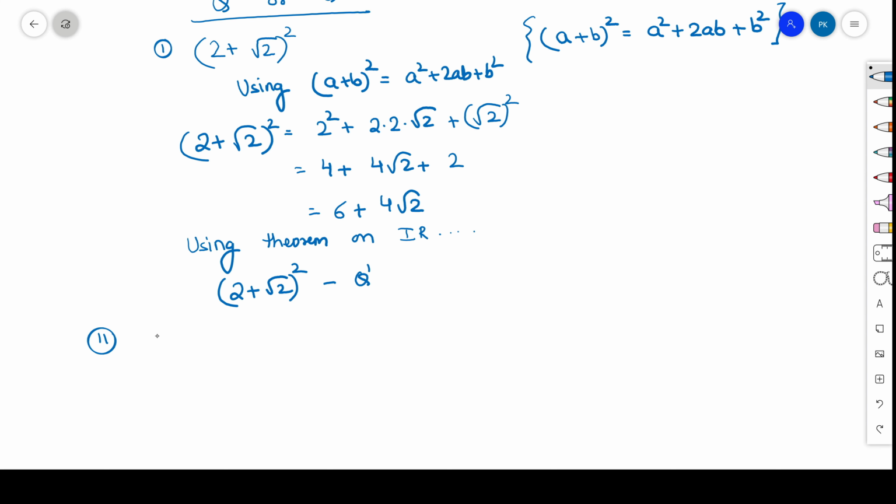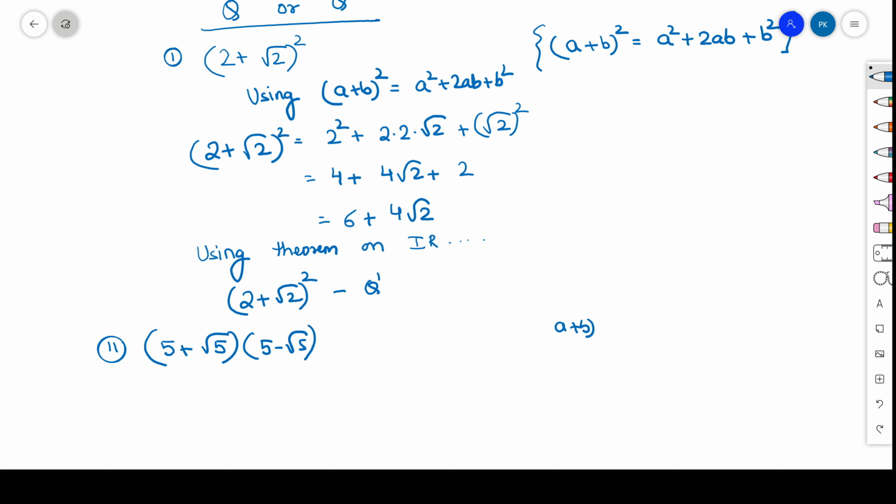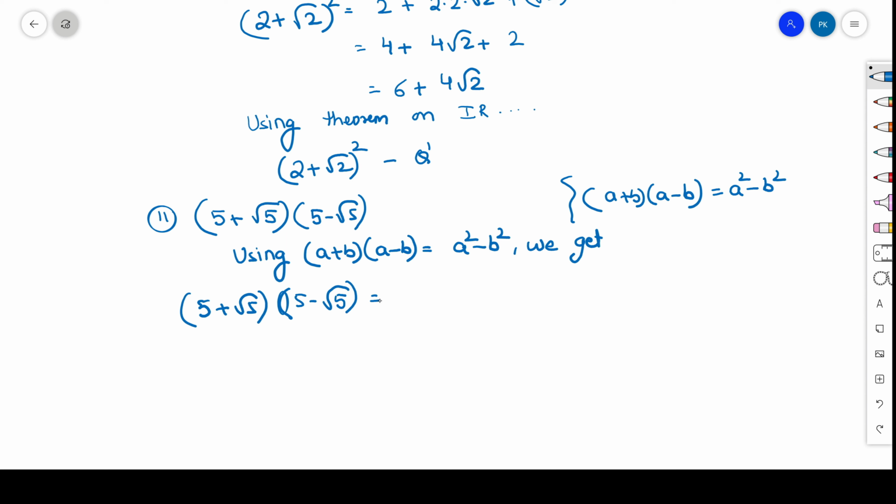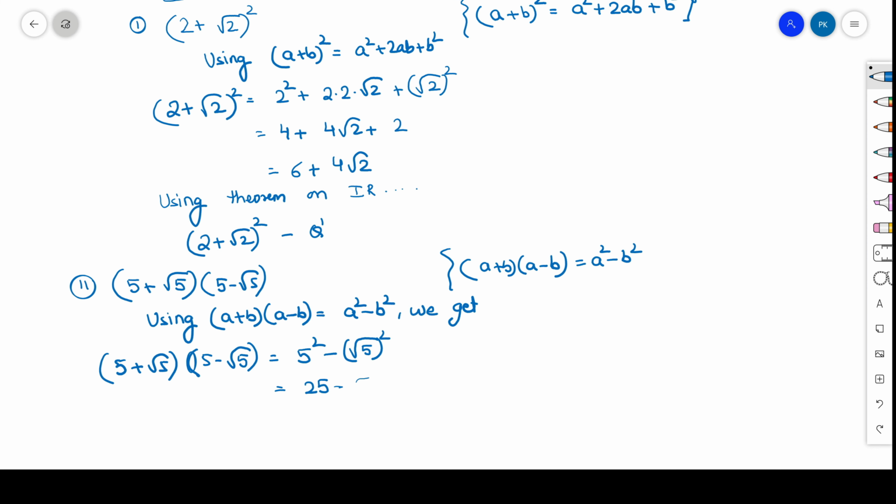The second question is 5 plus under root 5 times 5 minus under root 5. Now if you know the formula, a plus b times a minus b is equal to a square minus b square, you will mention that using a plus b, a minus b is equal to a square minus b square, we get 5 plus under root 5 times 5 minus under root 5 is equal to 5 square minus under root 5 the whole square, which is equal to 25 minus